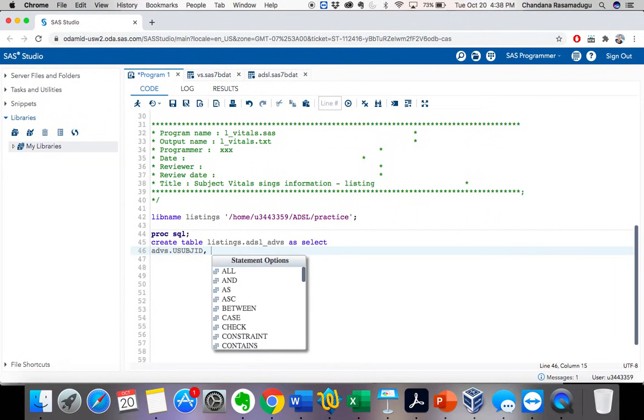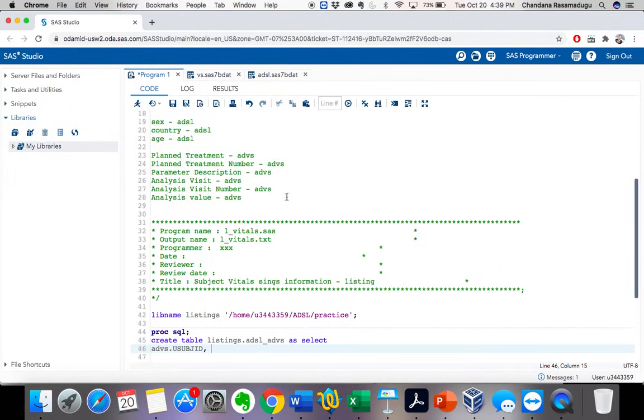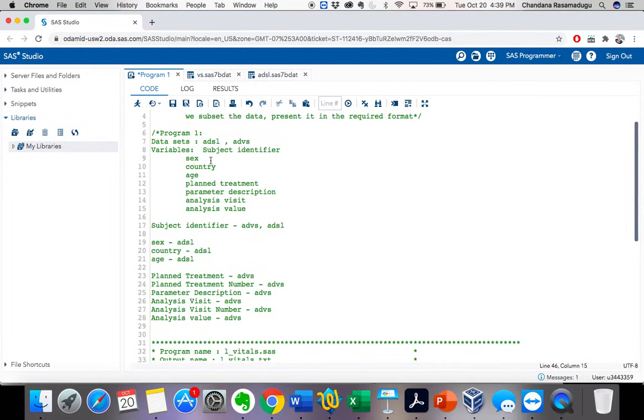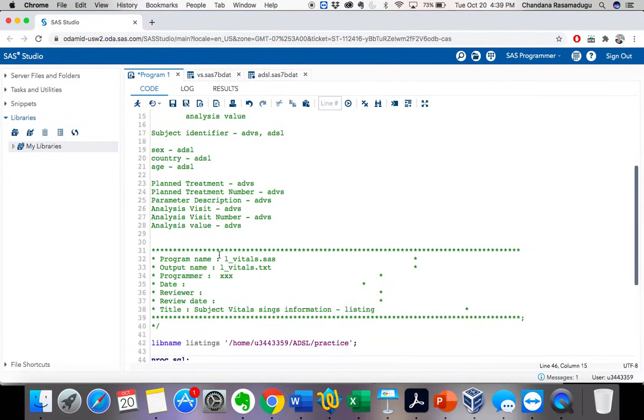My next variable, let's take it from the same data set to avoid confusion. From the ADVS, the next variable is planned treatment, which is TRTP.